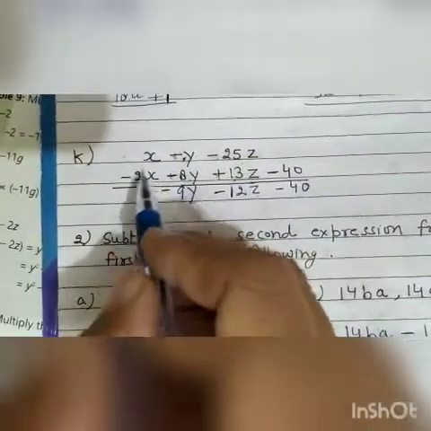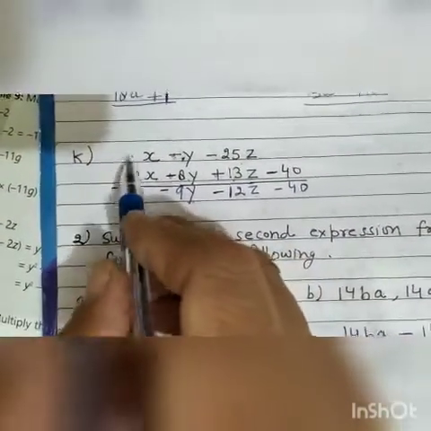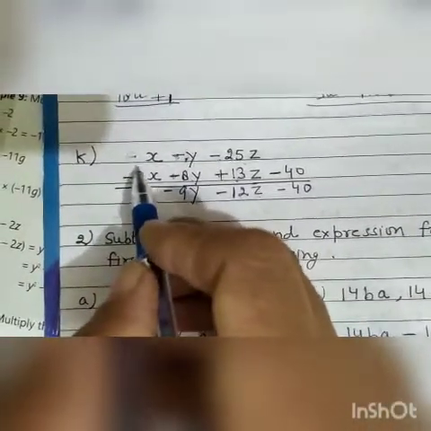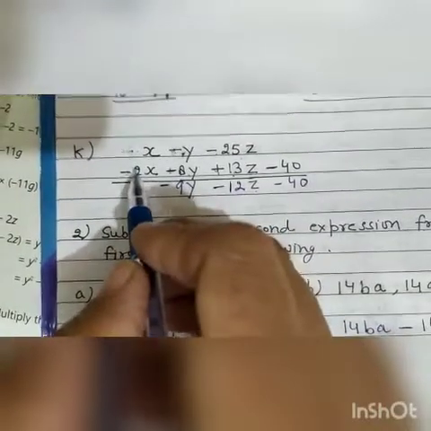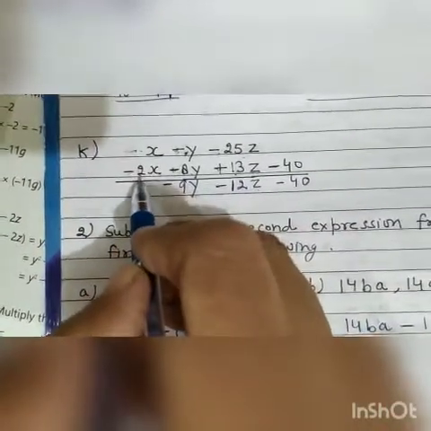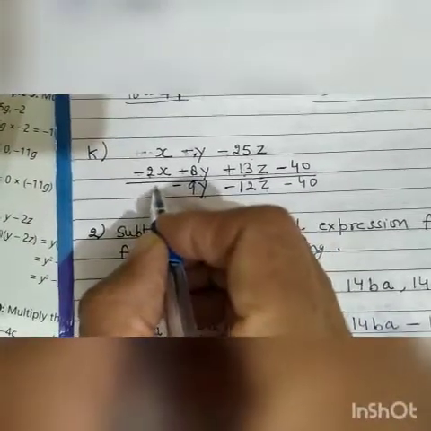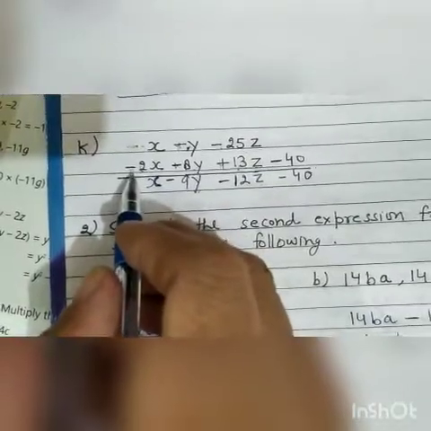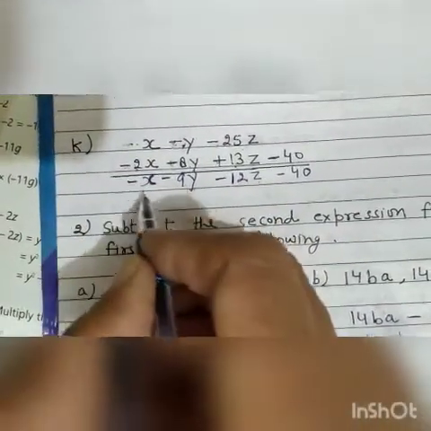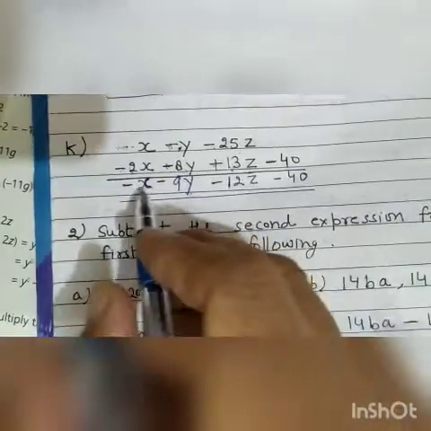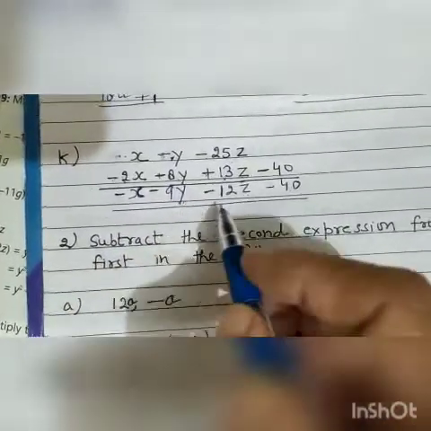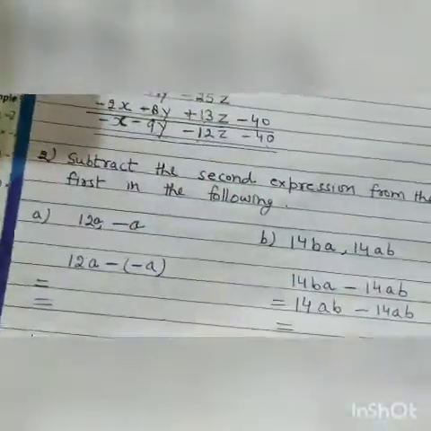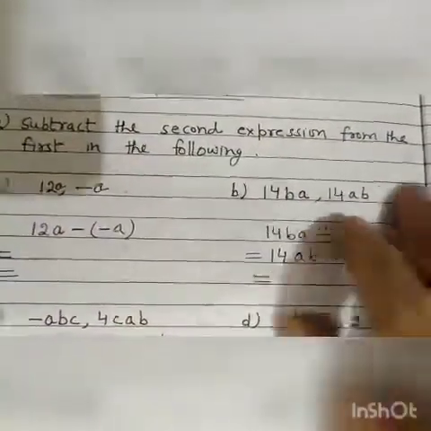Now this plus x and minus 2x. Here these two terms are with opposite sign. This is plus, this is minus. Again we will subtract the smaller one from this larger one. If we subtract this 1 from this 2, we get 1x. We will not write 1, we will write only x. Then what is the sign of greater number here? It is minus. So it is minus. Then answer will be minus x minus 9y minus 12z minus 40. I think now addition is clear, all of you.